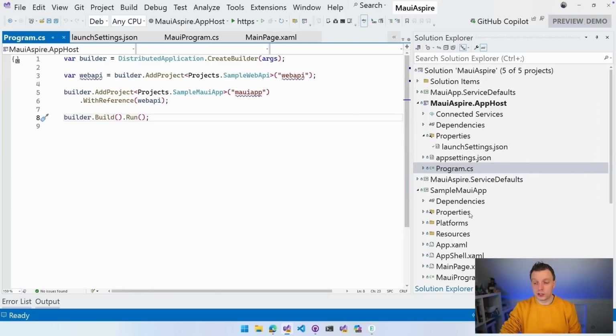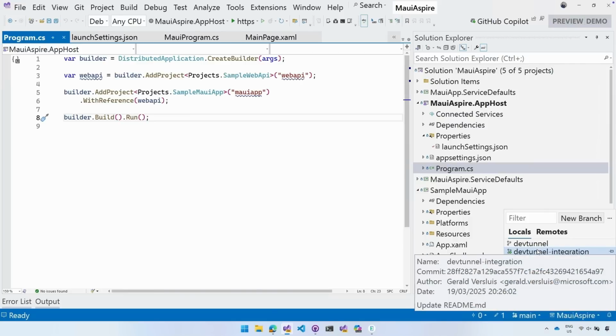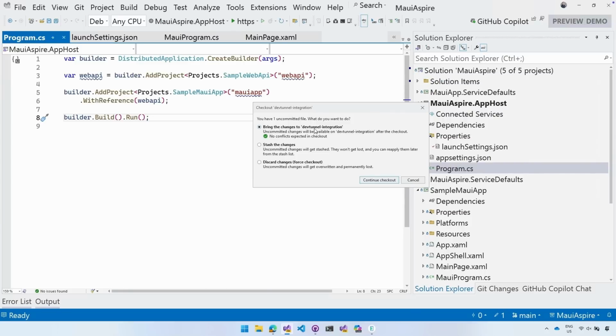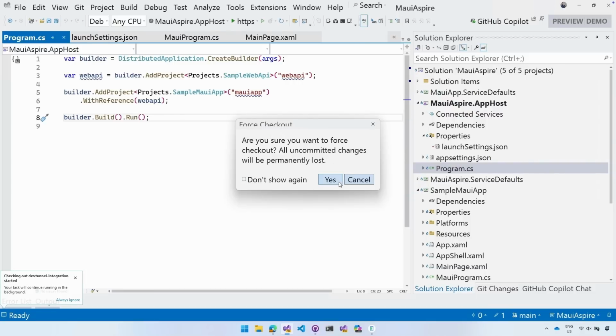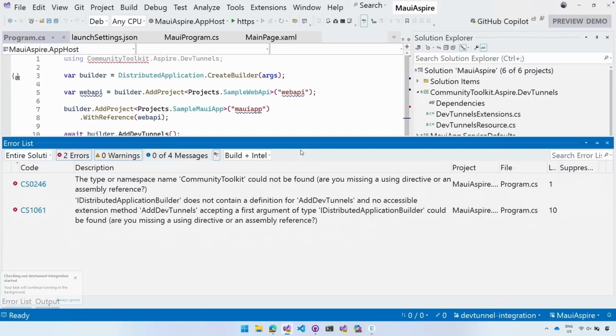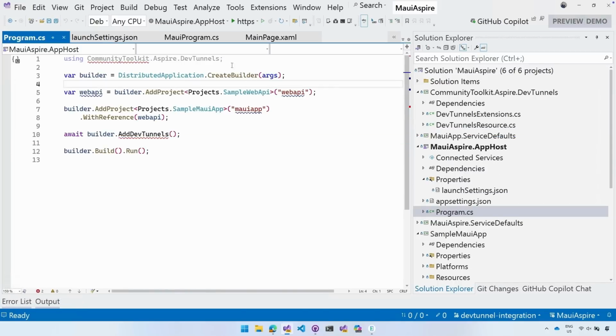So if I switch, if you're going to go to that repository, there is a branch as well that's called Dev Tunnel Integration. You want to have that one. Bring my changes. No, I don't want to have any changes actually, so let's just do that. Are you sure you want to? Yes, yes, yes. So switch to that branch, and it's going to be a little bit confused at first,